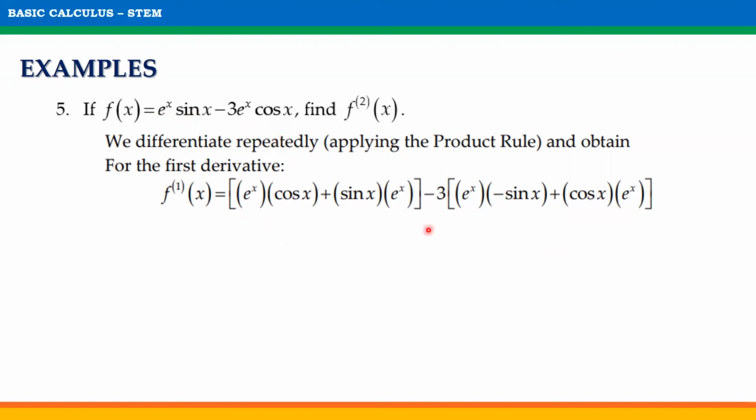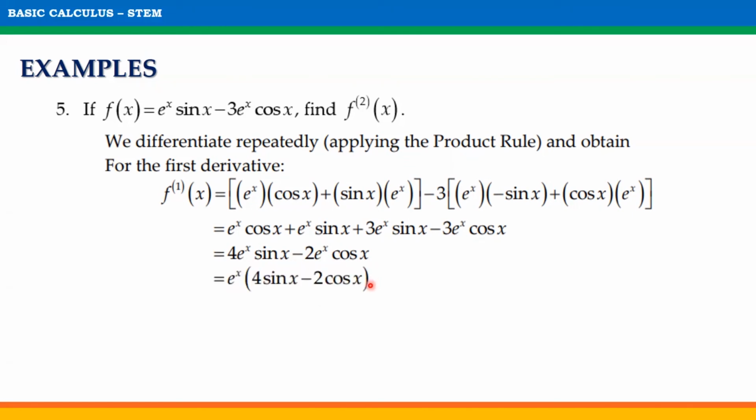Now, simplifying this expression, we will get e raised to x cosine x plus e raised to x sine x plus 3 e raised to x sine x minus 3 e raised to x cosine x. Combining like terms, we will get 4 e raised to x sine x minus 2 e raised to x cosine x. Factoring out e raised to x, we will get e raised to x quantity 4 sine x minus 2 cosine x. To get the second derivative of the function, we will get the derivative of this resulting first derivative of f of x